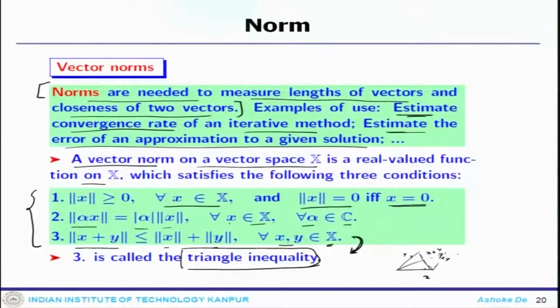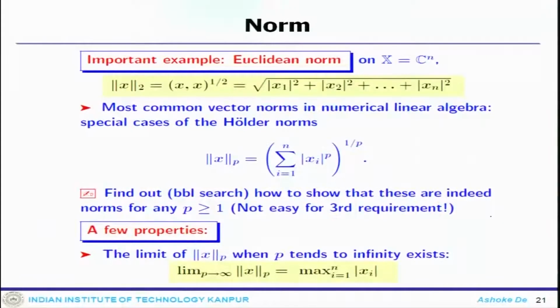So, that is what is called the triangle inequality. These are some important definitions that one has to know before we do some detailed discussion on any linear system in linear algebra. Now, that brings us to the Euclidean norm, the Euclidean norm on a vector space of n, Cn.